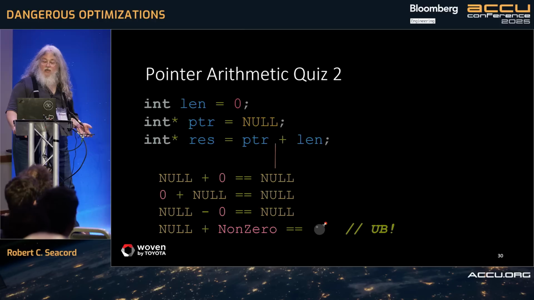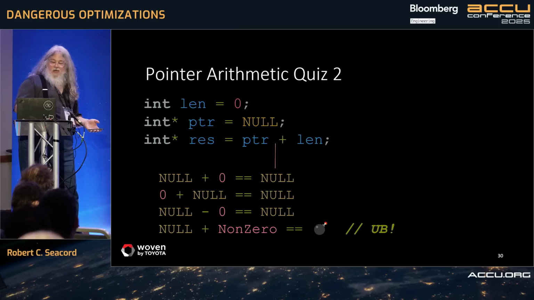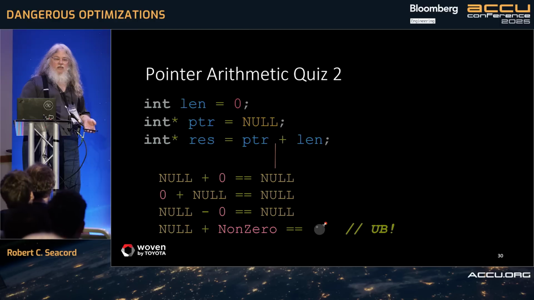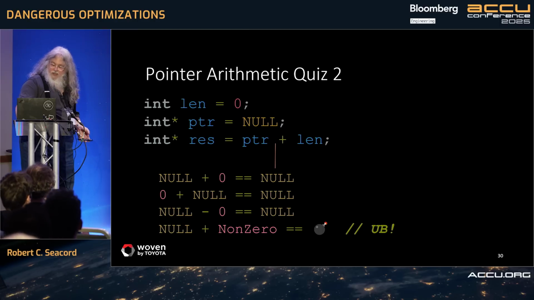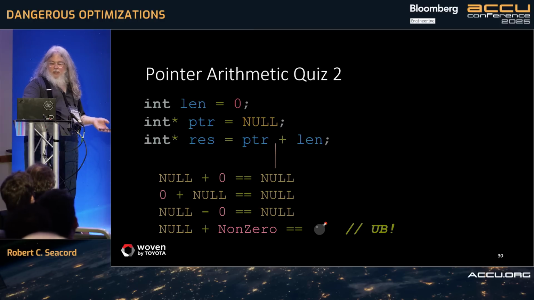Now, up through C23, the C behavior is different. I think pretty much we get UB in all these cases. Starting with C2Y, or the current working draft of the standard, we've adopted something closer to the C++ behavior. Maybe it's the C++ behavior, something close. I didn't study that enough before coming onto the stage, but it's pretty close. So that was a paper by Aaron Ballman and I think someone else from Intel.